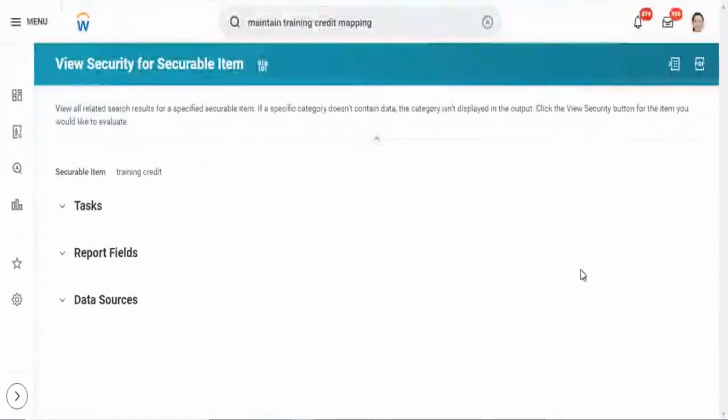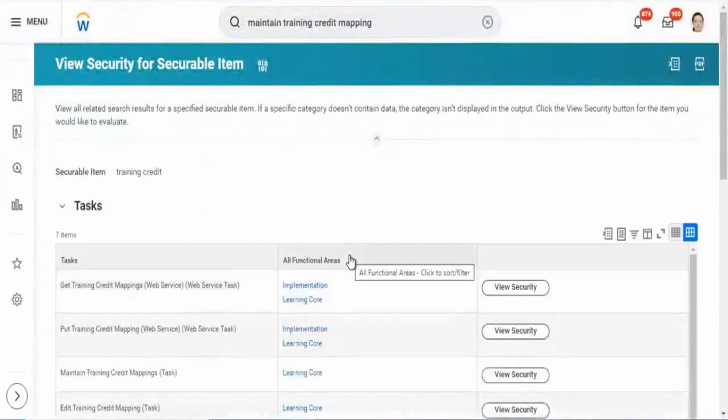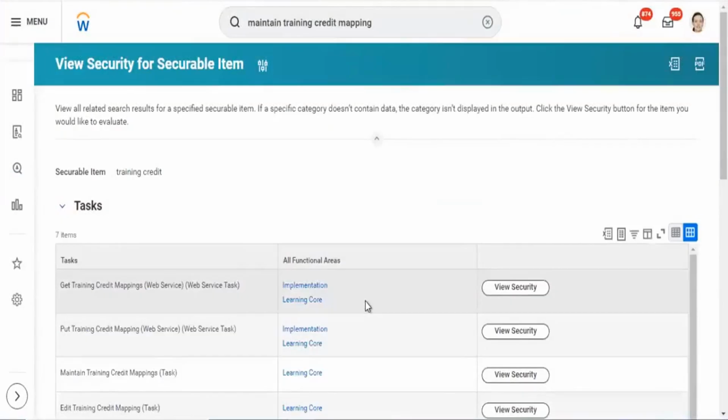I'm checking whether we have access to grant the security or not. Don't do it.